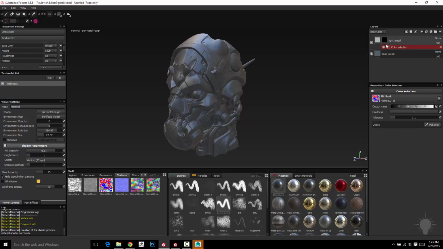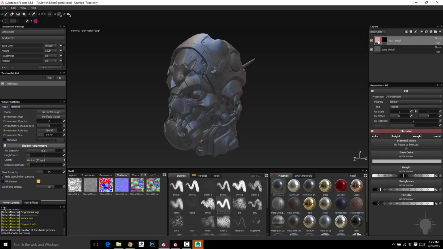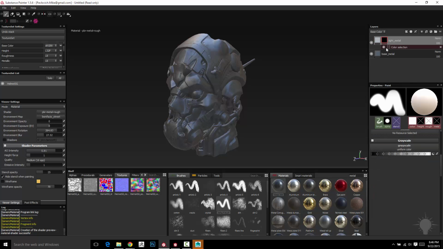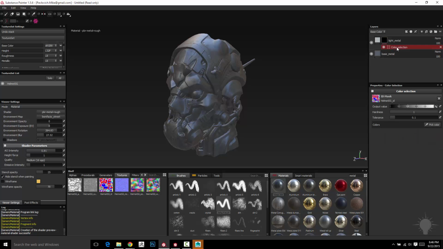Now, when this little thing is red, that means there is something underneath it, and you can actually stack a whole bunch of stuff. When we get into smart materials, you'll see a little bit of that. So when we're on our base material here, or on our base channel select, so color, height, roughness, and metal, you don't see it. You only see that in the mask area, because this is helping generate a mask. So when we get into mask generators, filters, and things to do levels, and all sorts of wacky stuff to your masks, that is in the mask section here. So I'm going to click color selection,